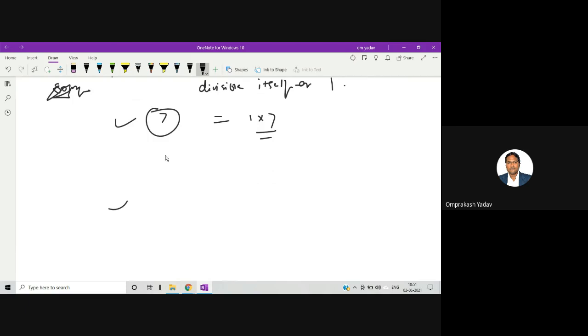So what we have to do for the prime number, let's say if somebody enters 7, then we have to find out whether this is a prime number or not. Like this, any big number can also be there, and we will have to determine whether the number is prime or not. So obviously we're going to apply the loop.